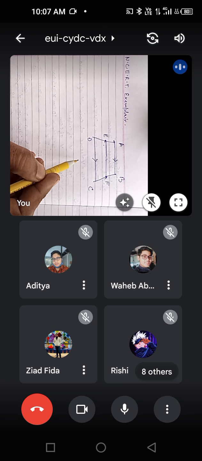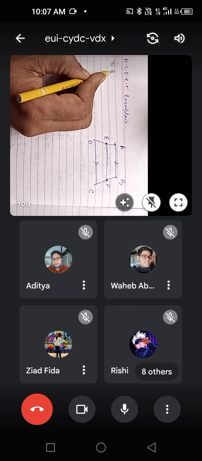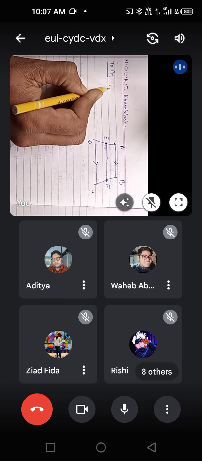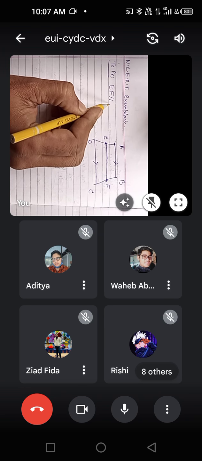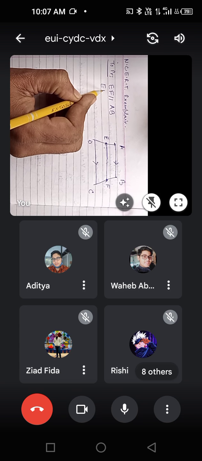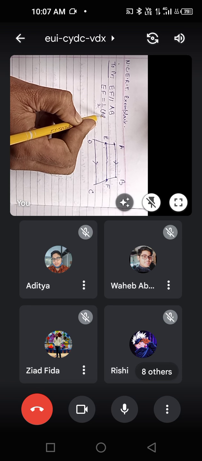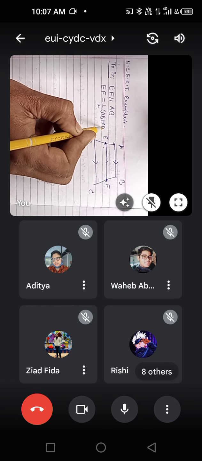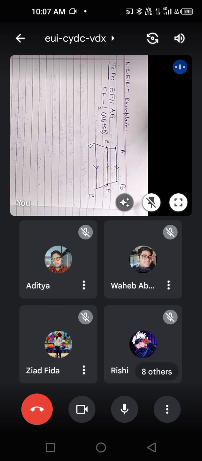To prove: EF is parallel to AB and EF is equal to half of AB plus CD. So these two things you have to prove. EF is parallel to AB and EF is equal to half within brackets AB plus CD. Okay. Now